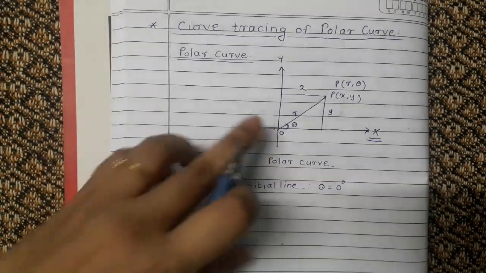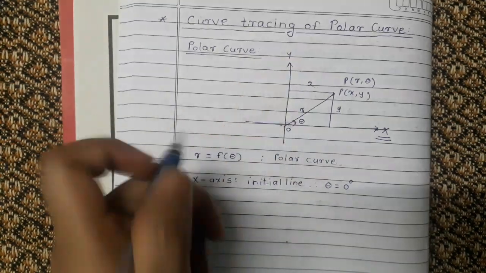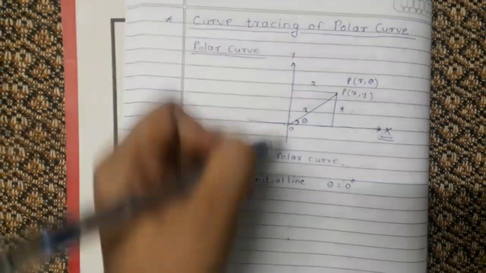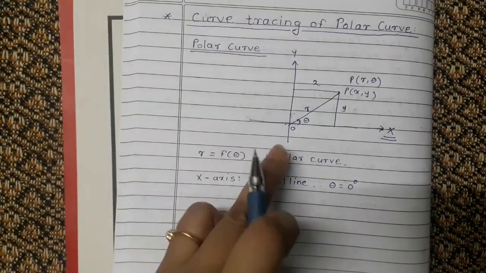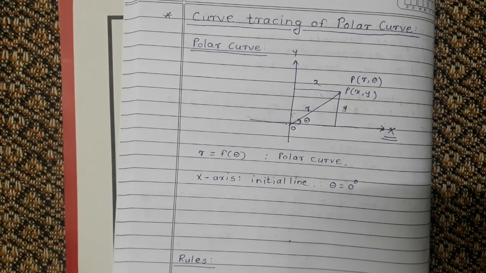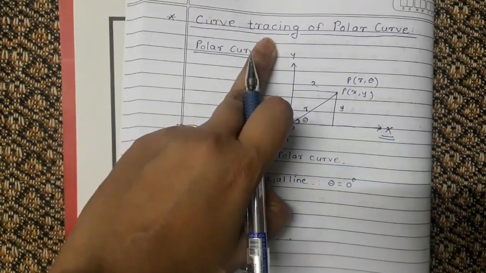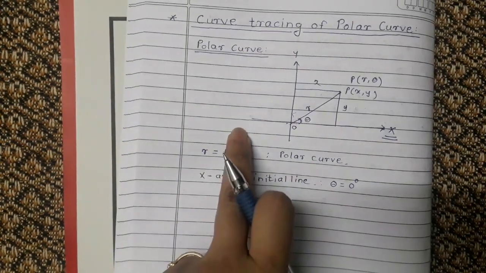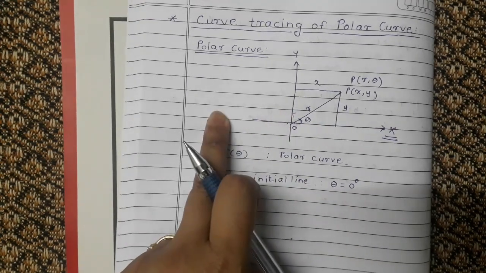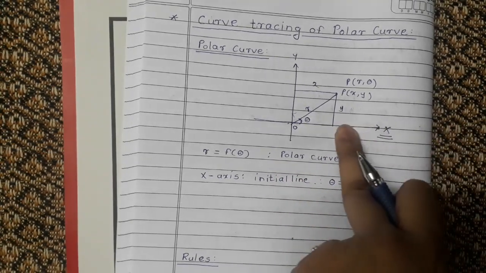So if this is the initial line, then what is the y-axis? The y-axis is perpendicular to the x-axis. So what is theta there? When you rotate up to this line, what is theta? Theta is pi by 2, right? So the y-axis I'm now going to call as perpendicular to the initial line, where theta is equal to pi by 2. So the new coordinate system is theta equal to 0 and theta equal to pi by 2. Here the angle covered by this line is going to be pi, so theta is equal to pi. Similarly here 270, and then back to 360, right?